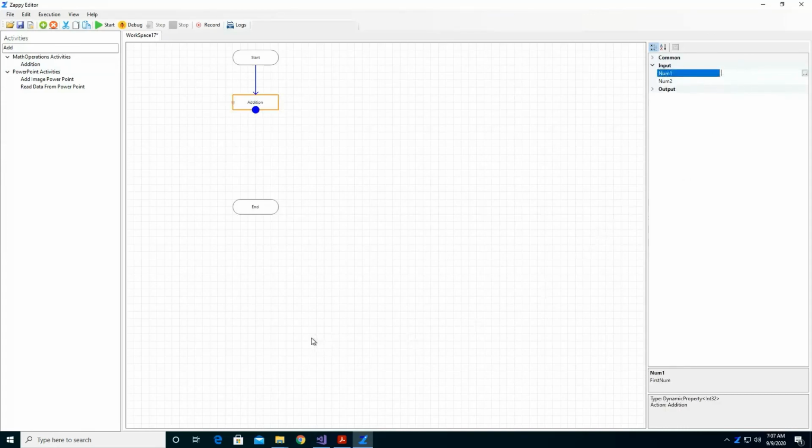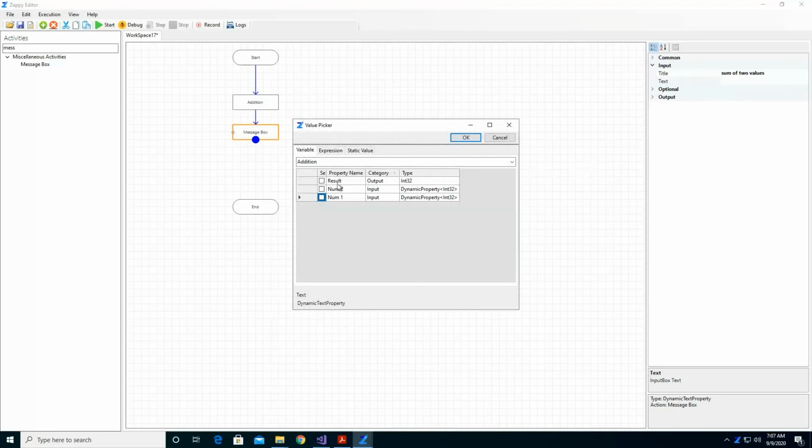Now give any two values. We show the output in the message box. Sum of two values. Here we'll select the property output result.